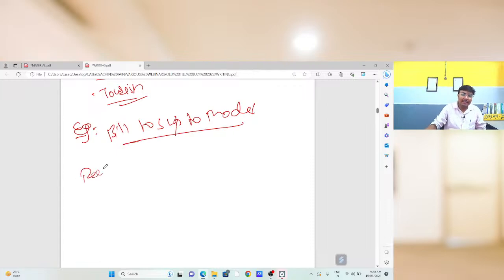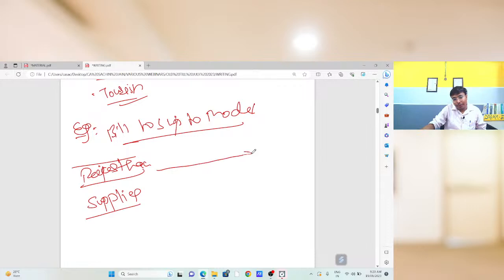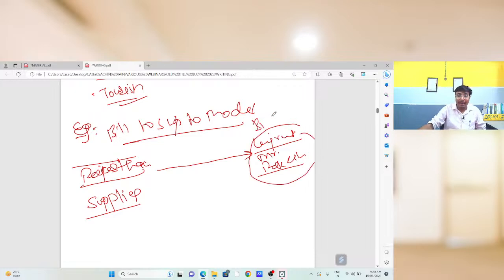Suppose I am in Rajasthan and I am the supplier, and I am going to make the supply to Gujarat, Mr. Rakesh. And Rakesh is saying that Sachin, you need to prepare the bill with my name, that is Gujarat, but you need to supply that particular goods to Maharashtra,